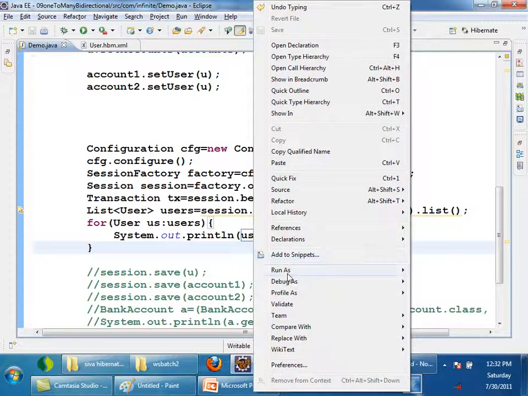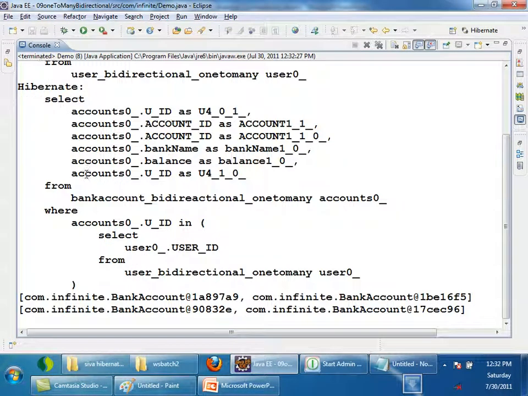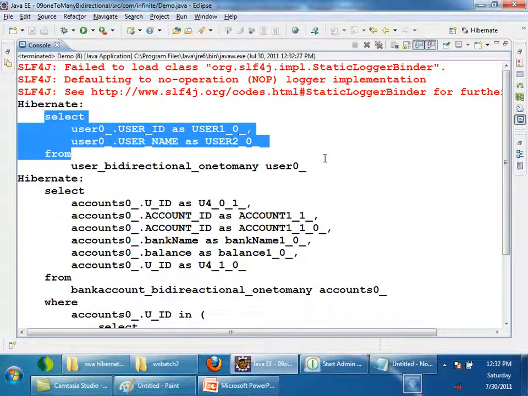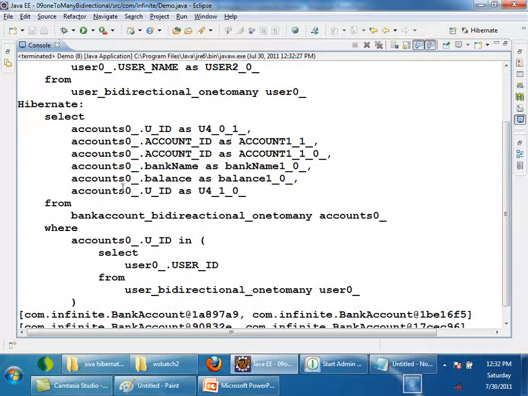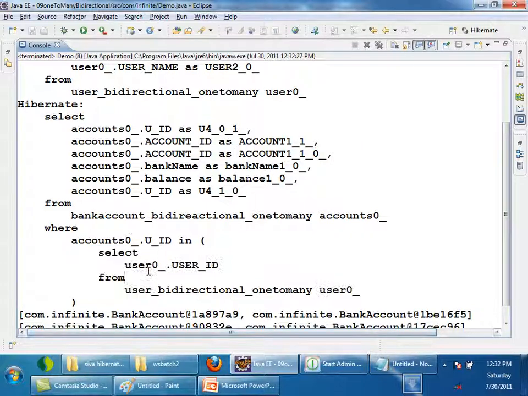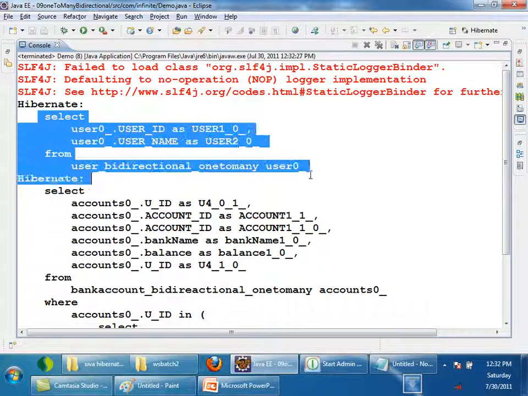Now see this. What is the query being fired? First it fired select query for all the users. Then it is firing a query on the bank account table, and it is firing a subquery, right? See, it is using a subquery. When it is firing the subquery, it is select user ID. Previously I fired all users. This is one query.